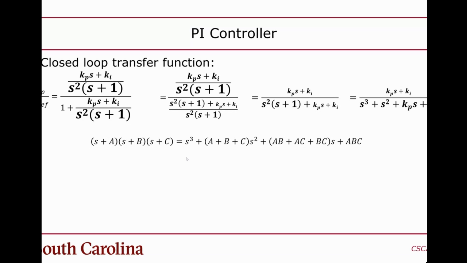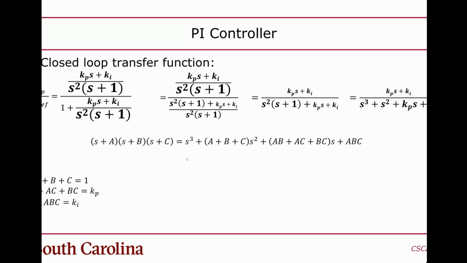So I decomposed the denominator into (s + a)(s + b)(s + c), and from here I was able to come up with values for a, b, and c based on the coefficients in the denominator. The coefficient in front of s squared is 1, so I know that a + b + c must equal 1. Then the coefficient in front of s is ab + ac + bc, and I know that has to equal Kp, and then Ki is going to be a times